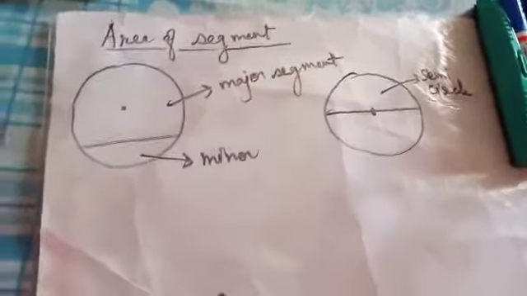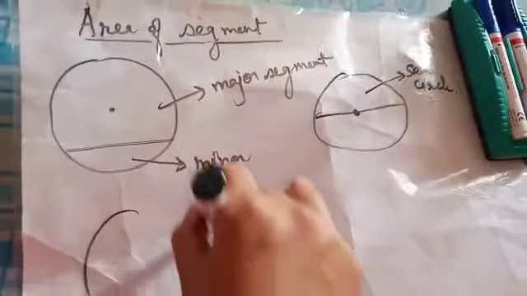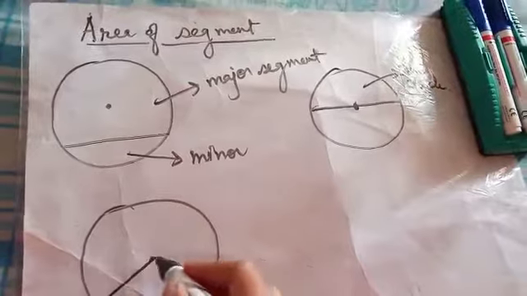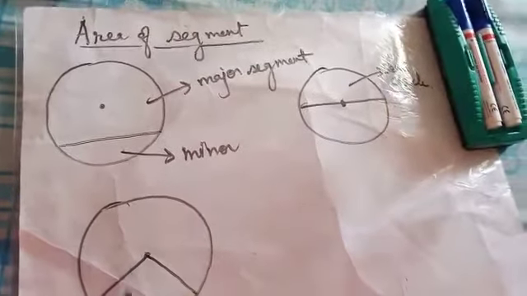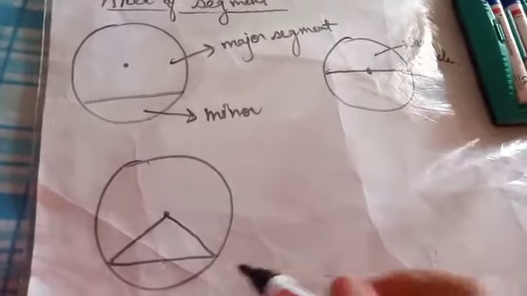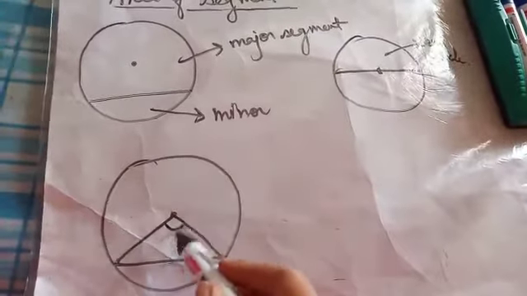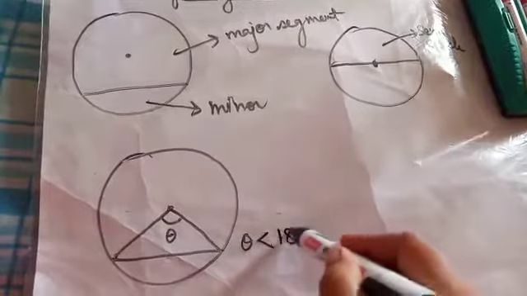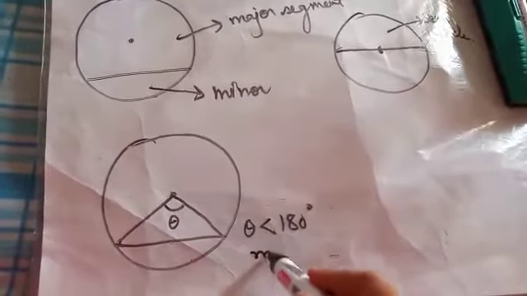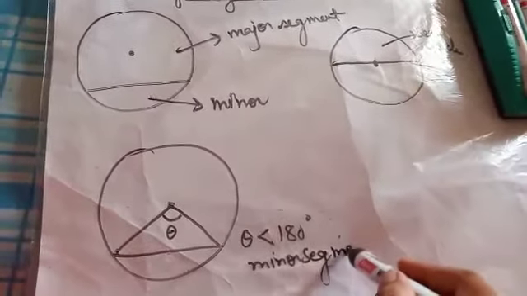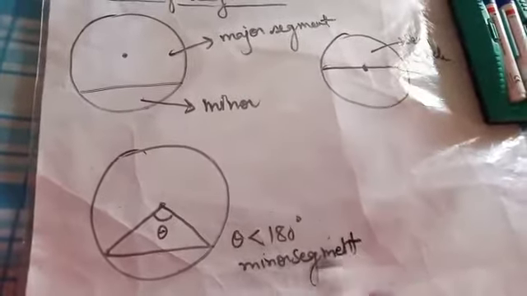equal. Now what is the other way mathematically to find out whether it is major or minor? Suppose I make the center of the circle and I join the two radii, then I make a chord of the circle. Now this figure is similar to the above one. Now you can see the center of the circle, what angle is being formed? If this angle is less than 180, then we call that this is a minor segment, like I said above, minor segment.